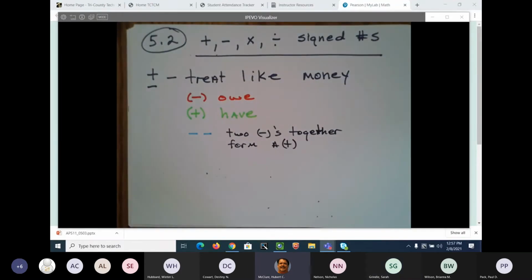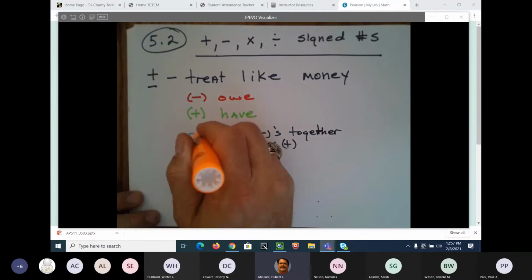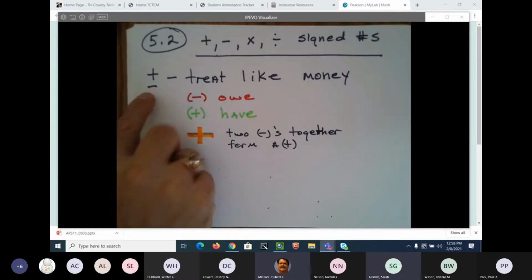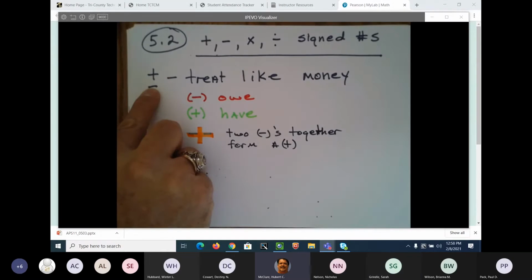You can take these two negatives right here, and I'm going to take my orange highlighter. Watch this. Look at there. All right. That's the only rules you have to remember when adding and subtracting